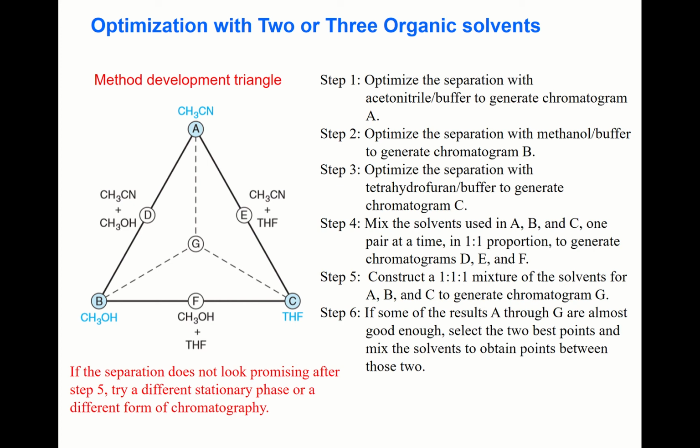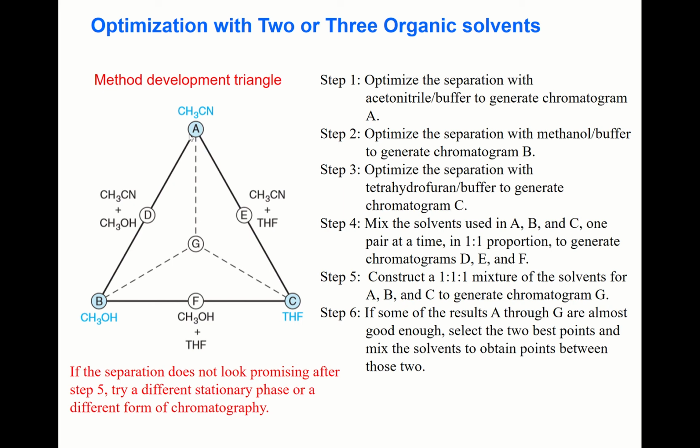Okay, in that case, our first choice of solvent is acetonitrile, and then methanol, and then what? Tetrahydrofuran. And likewise, the optimization with two or three organic solvents. So the first choice, of course, is acetonitrile. Okay, let's look at this triangle. At each, you see this